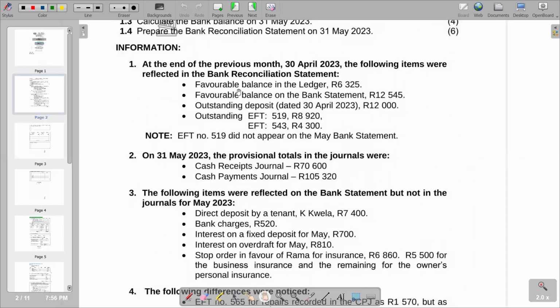So obviously, all the items that we are seeing on the bank reconciliation statement at the end of the last period, that is 30 April 2023, they were already in the journals, and obviously we would want to see if they are now appearing in the recent bank statement. So basically we try to go through, we're given a favorable balance in the ledger, and then we're given a favorable balance on the bank statement,